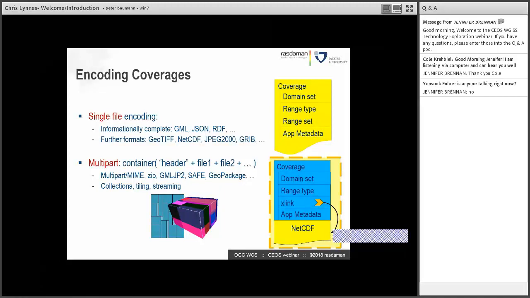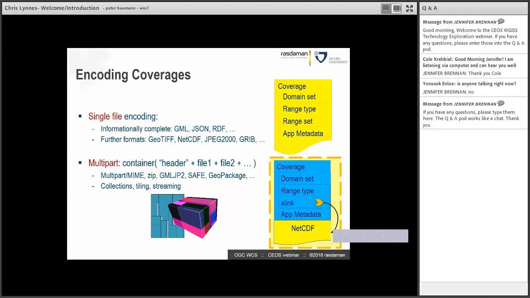Okay, now these binary formats are efficient, but as we all know, they cannot carry along all metadata, at least not always in the same way. So we have a problem here. We can be complete and inefficient, or we can be incomplete and efficient. Of course, we always want to have both, the best of both worlds, and therefore multipart encodings have been established,